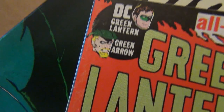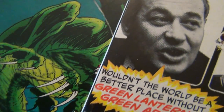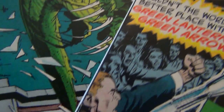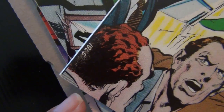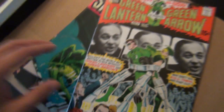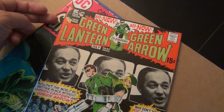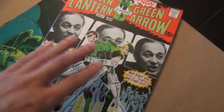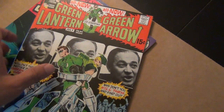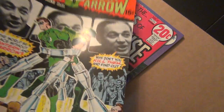You have 1, 2, 3, 4, 5. So you're looking at, here we go again, a book that has 5 spine ticks right here. On any given day, this book can be at least a 9.2, but you're looking at 1